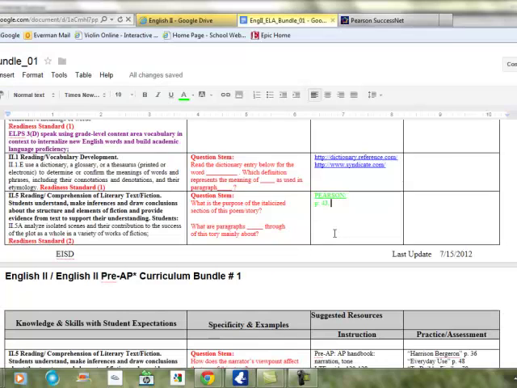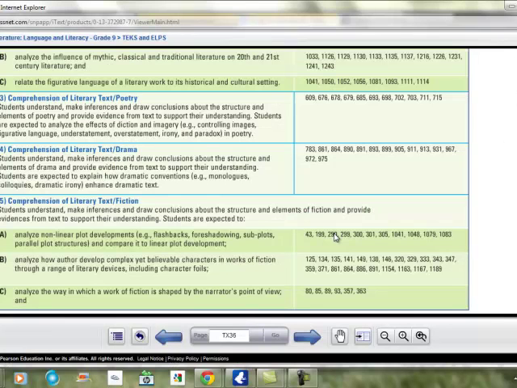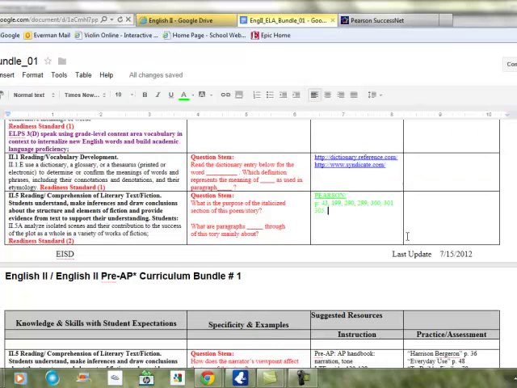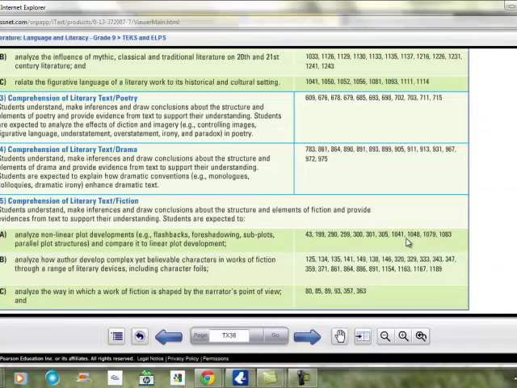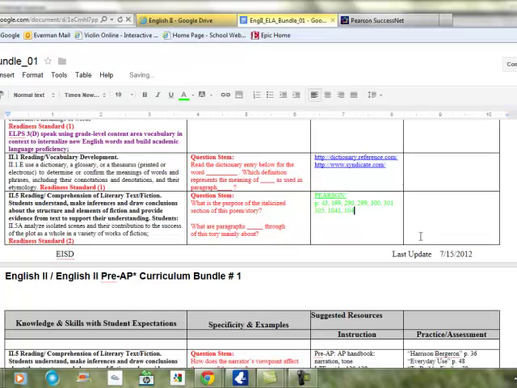199, 290, 299, 300, 301, 305. Sorry if the video is getting boring right now, but just kind of hang in there. Alright, 1041, 1048, 1079, and 1083. Now we're not going to address all those pages for this one TEK in this one bundle